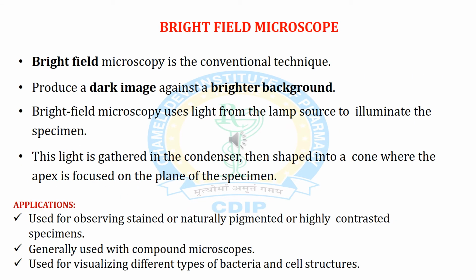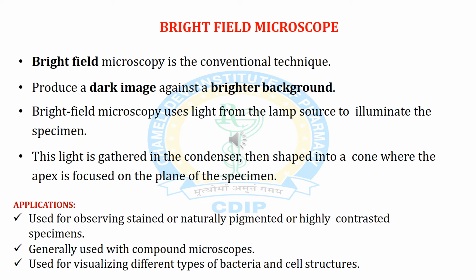Next category is bright field microscope. Bright field microscope is the conventional technique that produces a dark image against a brighter background. Bright field microscope uses light from the lamp source to illuminate the specimen. This light is gathered into the condenser, then shaped into a cone where the apex is focused on the plane